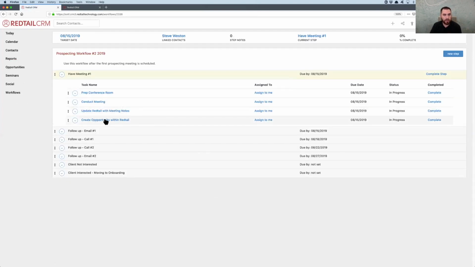This is really important to us, is you will also see where it says create opportunity in Redtail. Now, the reason why this is in the second workflow and not the first is because we do not want to create an opportunity until we actually know what we have to gain from the prospect, right? I'm not going to go ahead and create an opportunity when I have no idea what the opportunity is. I'm only here to go ahead and say, hey, we've had a discovery meeting. Client says that they have accounts being held over here. They have a 401k. They have